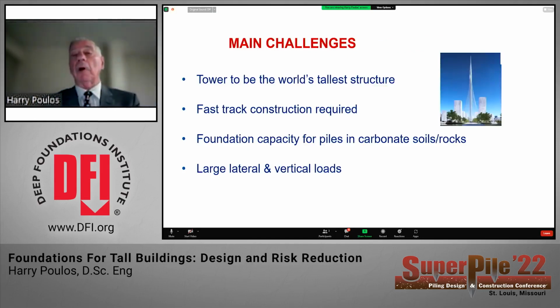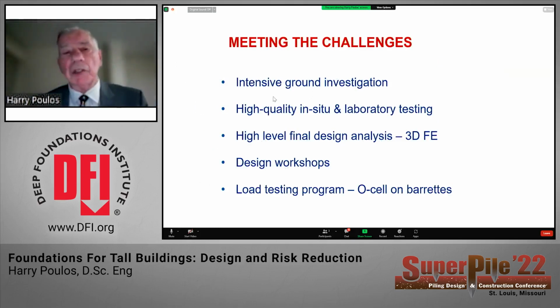The main challenges here were, again, another world's tallest tower. Fast-track construction had been planned because this was hoped to be a centerpiece of a Dubai 2020 Expo, which unfortunately due to COVID and so on did not actually occur. But again, there were potential problems with foundation capacity in carbonate soils and rocks and extremely large lateral and vertical loads. The challenges were met in this way: intensive ground investigation yet again, high quality in situ and laboratory testing,